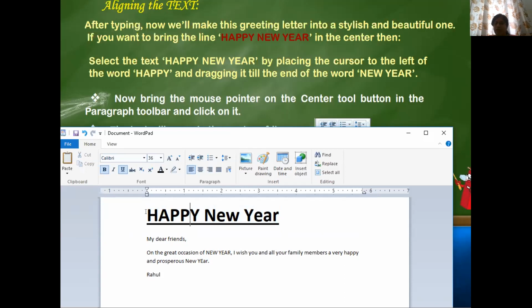Keep your cursor at the left of the word. Okay, I have kept the cursor at the left of the word Happy. At the left side of Happy, it starts from H. I've kept my cursor here. Then it is asking me to drag till the end of the words. So if I want to drag it, how should I drag, children? With a left click. Just press the left click. Do not leave. See, I'm pressing the left click. Can you see on my screen? So I'm pressing my left key. One second.